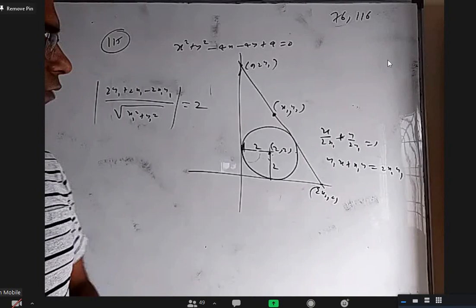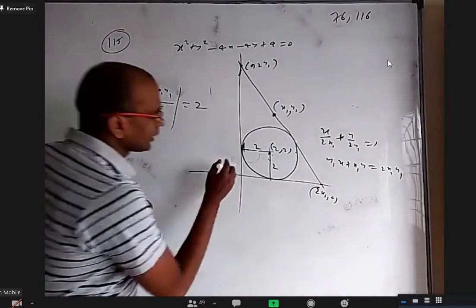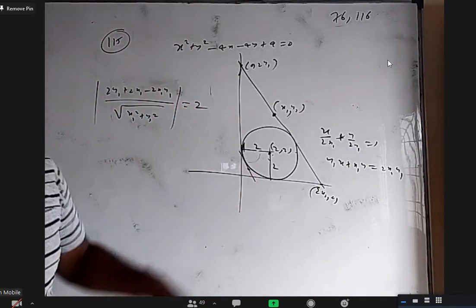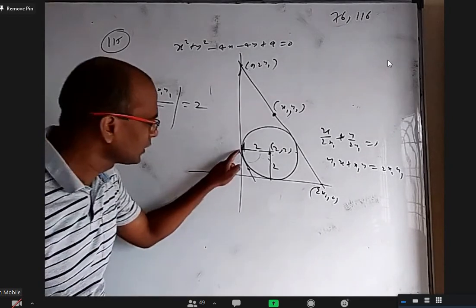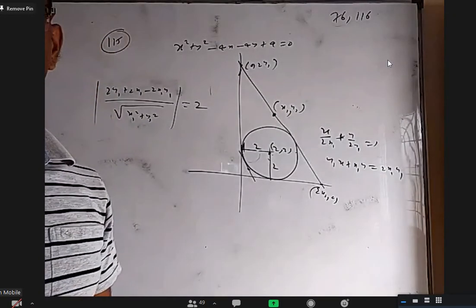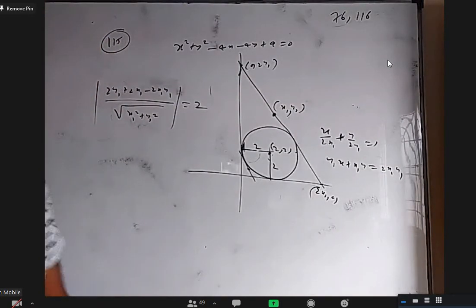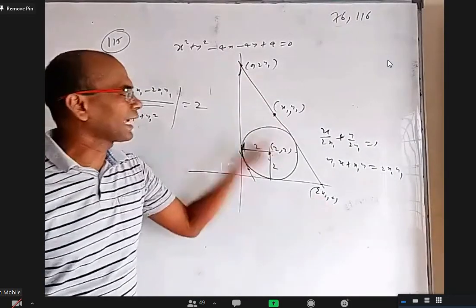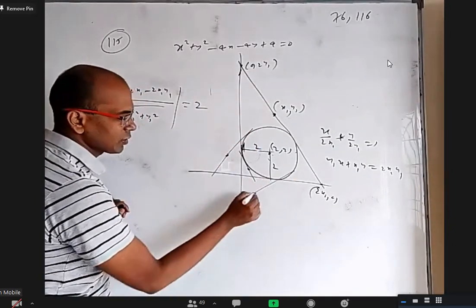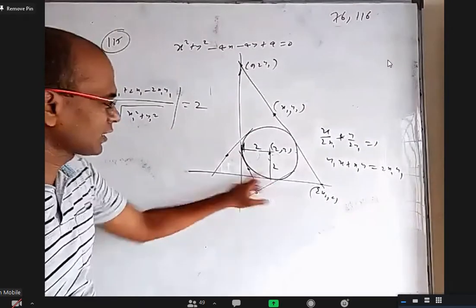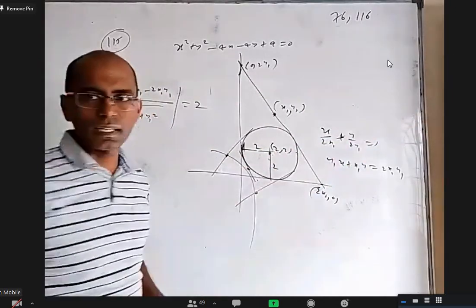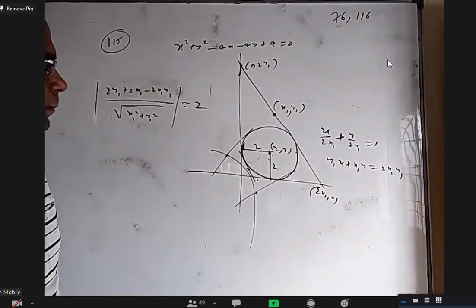You have to decide. First of all, why two answers are coming: imagine there will be a tangent like this. That also will have one midpoint, and we are getting the locus of that also. But unfortunately, for this triangle, is the circle inscribed? No. It is an excircle. So we want only the locus of tangents like this. If you take this tangent also, you have one midpoint. For this triangle the circle is an excircle, and for this triangle also an excircle. The locus of all these midpoints is one curve, and the locus of all these midpoints is another curve. They are asking for that one only and not this.